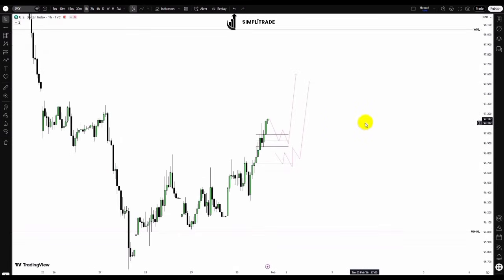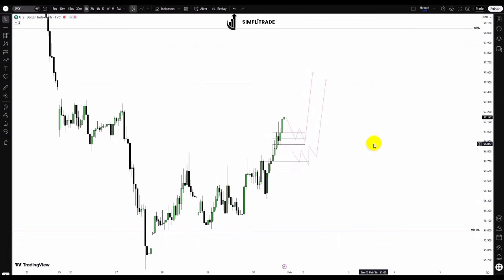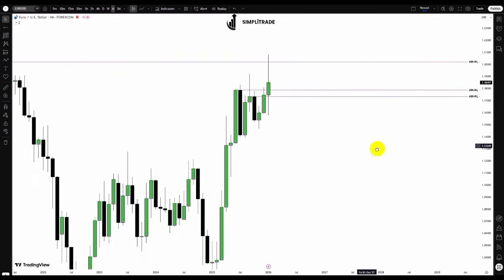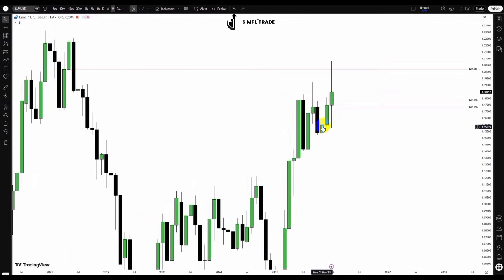So this is what I have to show us guys in the dollar index. Now let's look into the following pairs we have for the coming week. This is EURUSD and this is a monthly time frame. What we can see is price gave us the bullish movement of price to the upside into this monthly bearish